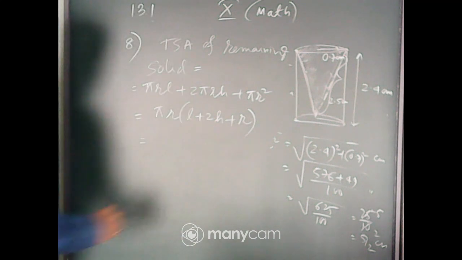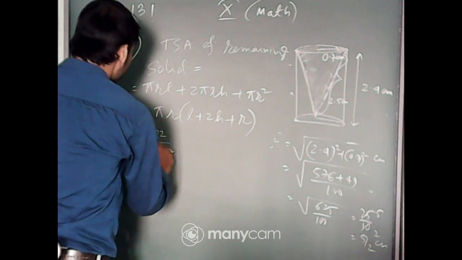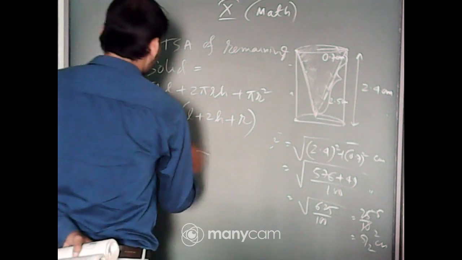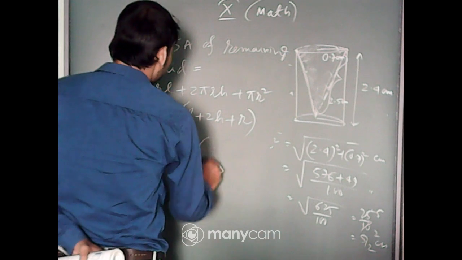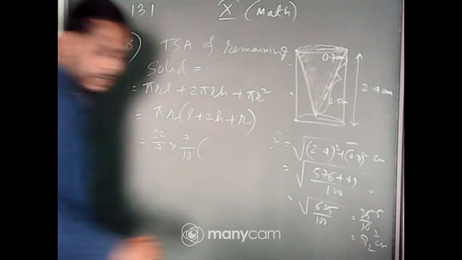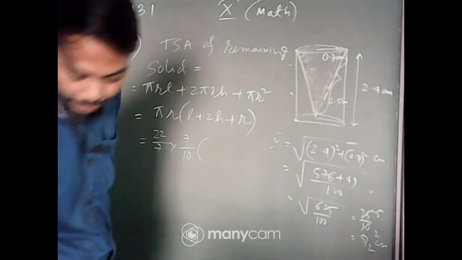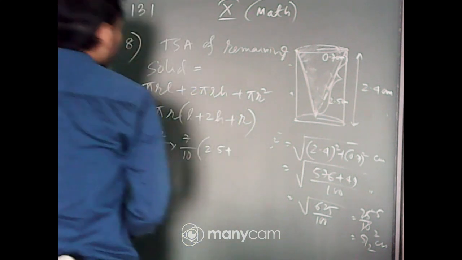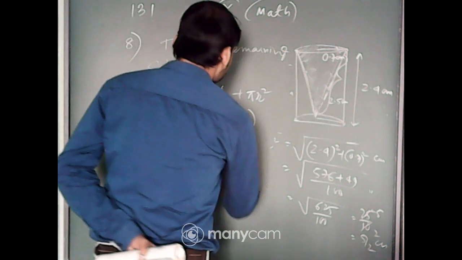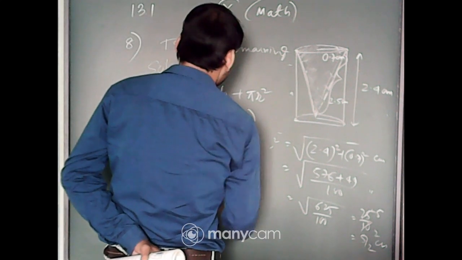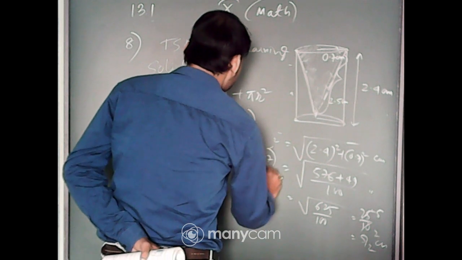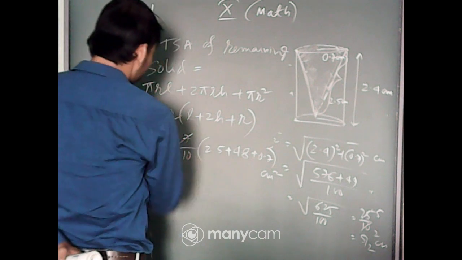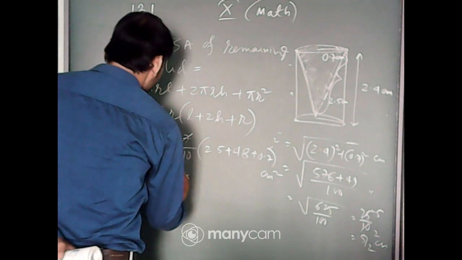Now put the values here. 22 by 7 into R means 0.7, so 7 by 10, within the bracket L means 2.5 plus 2H means 4.8 plus R means again 0.7 centimeter square. Here 7 will be cancelled out. So 22 by 10 into